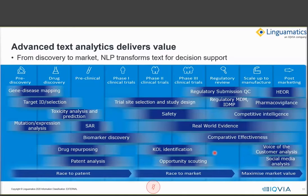So we have clients who've been using our natural language processing software for the last 15 years. In many ways, we started off very much looking at scientific literature on the left-hand side, the pre-discovery, early discovery phases. Again, doing that gene disease mapping, genotype-phenotype associations, using it for target identification, target selection for particular drug projects. But as people have got familiar with it, and as people have got more sophisticated with what data sources are available, you've spread from this left-hand side, biomarker discovery, as we've talked about,